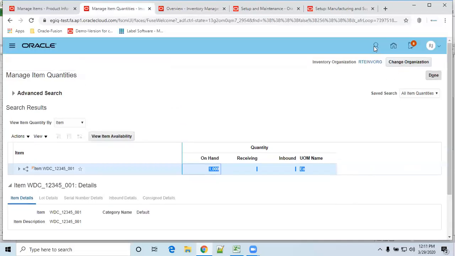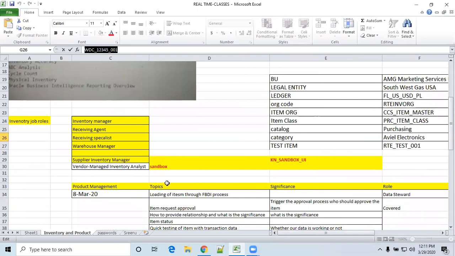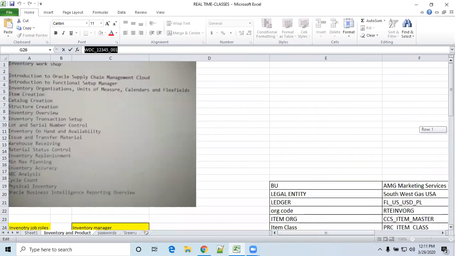Okay. So with this, almost 90% of product management things have been covered from the SCM point of view. But if you want to really develop manufacturing and product development, that is some different vertical. Yes, we have so many other topics as well, but we are not going into that, we are going in the SCM point of view. So next class will start inventory management. I gave the topics already. If you want, I'll share one more time. So these are the things which we are going to do.